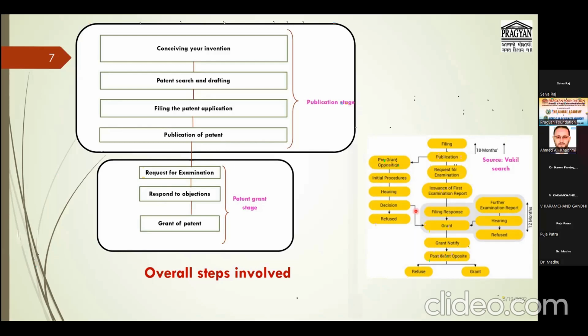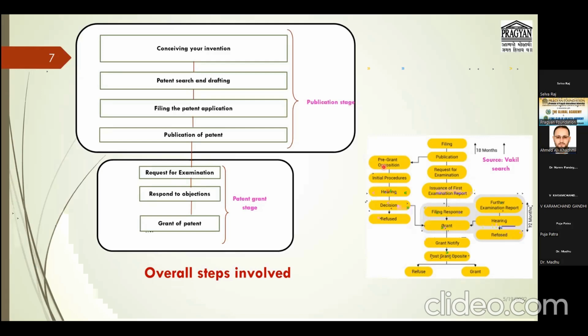Technically, we can say this is patent infringement. This is a very important thing. So we can apply for pre-grant opposition, and we can apply for post-grant opposition. Pre-grant opposition means you have to apply once the publication is done, once your invention has been published. So I can apply for pre-grant opposition, saying that is my invention. I request the controller that that is my invention, so here I'm applying for pre-grant opposition. When we talk about patents in India, we have an act, the Indian Patent Act 1970.